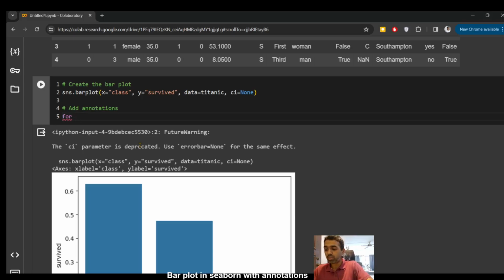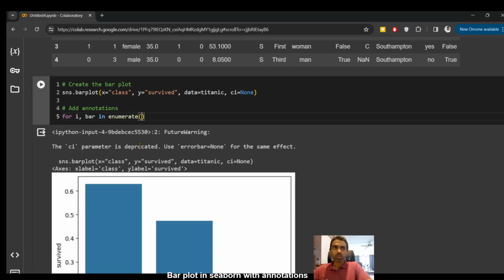I want to iterate through them. So I'm going to say for i, and I'm going to put another iterator or a variable here called bar, in. Now, where am I going to get the value of i and bar from, or how am I going to rotate through it? I'm going to rotate through it by using my plot itself. So I'm going to say in